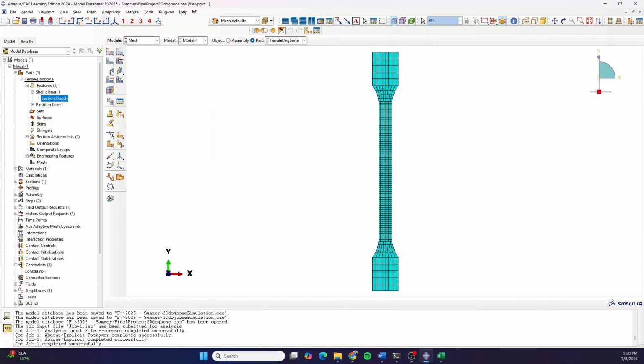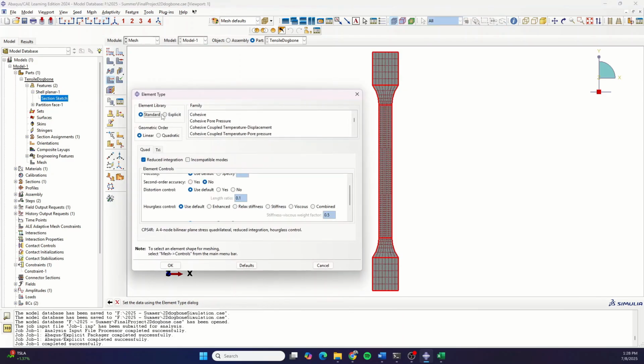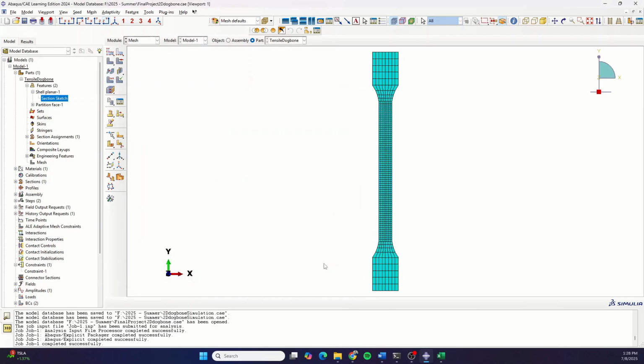And then we want the element type to be standard linear reduced integration. So it's going to be a CPSR4 or S4R. And then this one, it's going to be the plane stress. So we'll leave that as is, cancel, and then you want to go ahead and mesh your part. So it's already been meshed, but